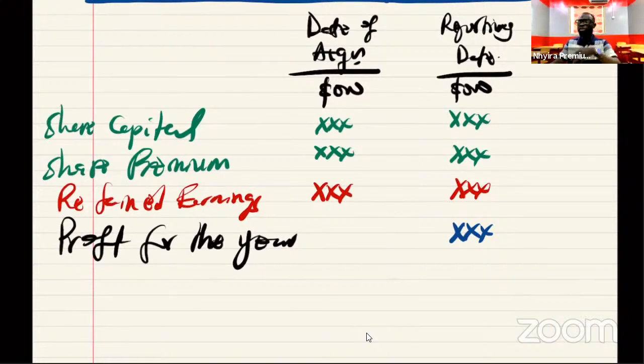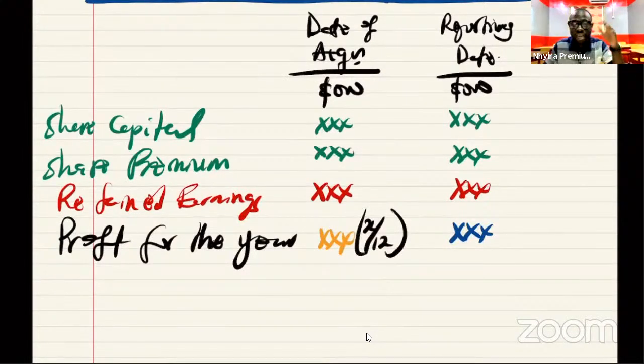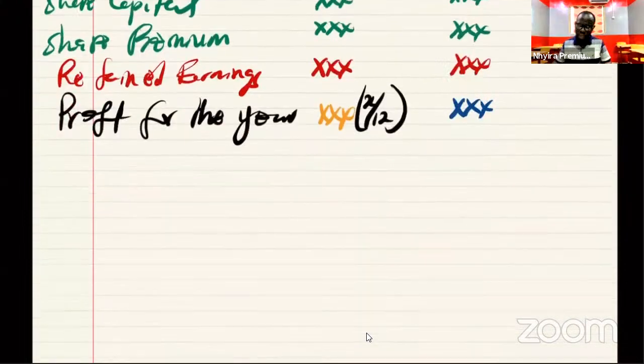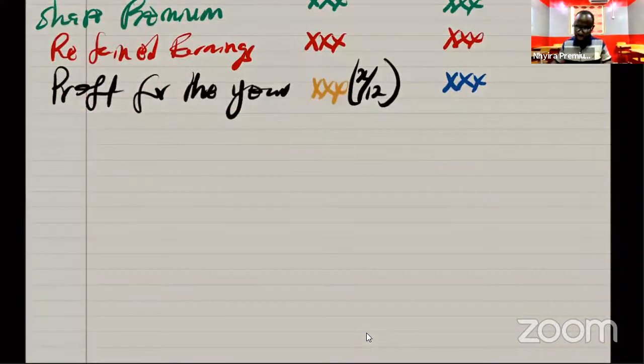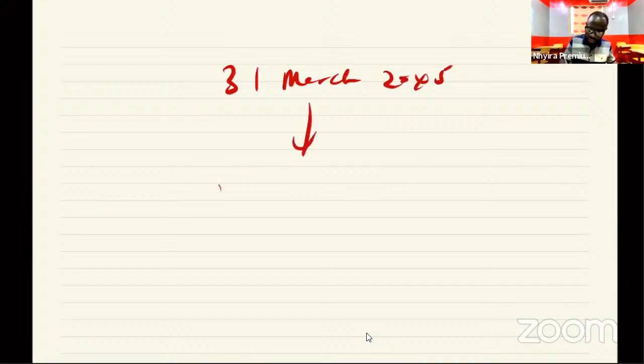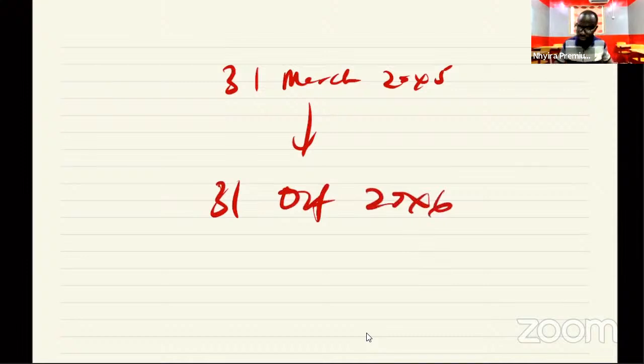But then, if it is not a full year acquisition, then we will have to share it so that a portion of that amount will come to at acquisition. And that is going to be X divided by 12 multiplied by the profit so that we can get a pre-acquisition profit. Now, let me explain this to you. Stay with me. So let's say that the acquisition occurred on 31st March 20x5, and the reporting date is 31st October 20x6.